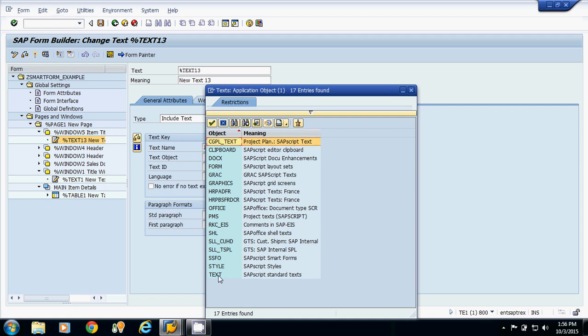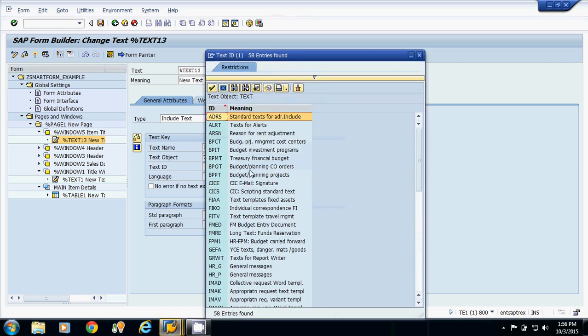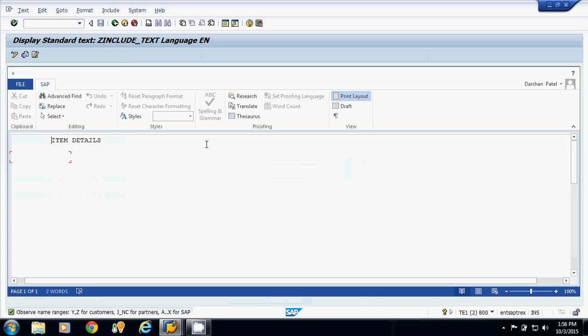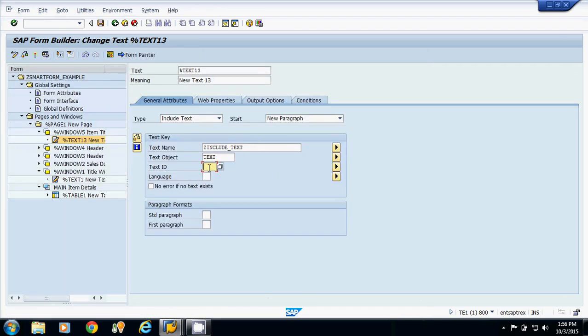This one, SCP script standard text. Now my text ID is ST. I will pass the text ID as ST. Language is EN. Now I will check this checkbox, no error if no text exists.